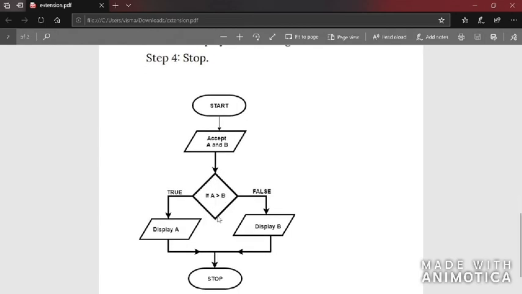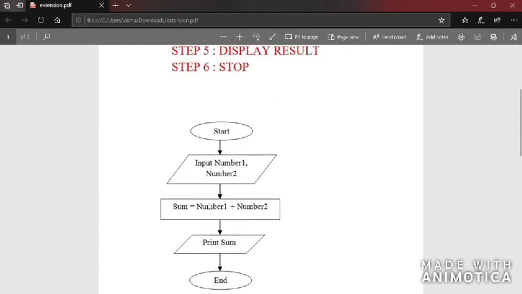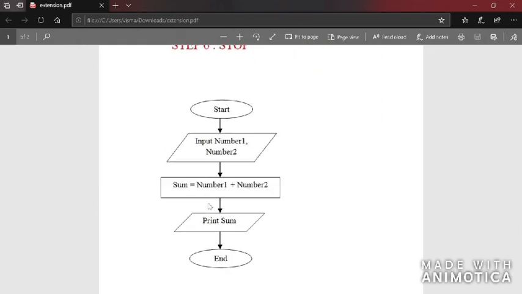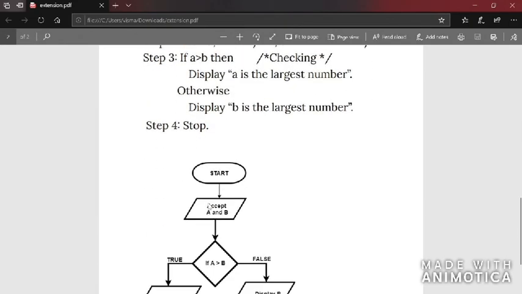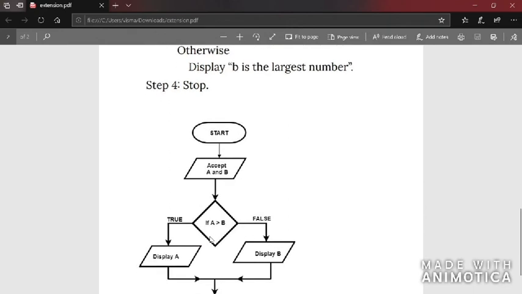Normally, in the previous example, we just had to find the sum. I mean, there is no condition there. We can directly get two numbers, print the sum and leave it. So there is no condition box required there. But here, since we are asked to find the greatest of two numbers, there should be a condition, because only if A is greater than B, A is the greatest number. So you can see that a condition is required. In such problems you will have to use a rhombus in the flowchart.